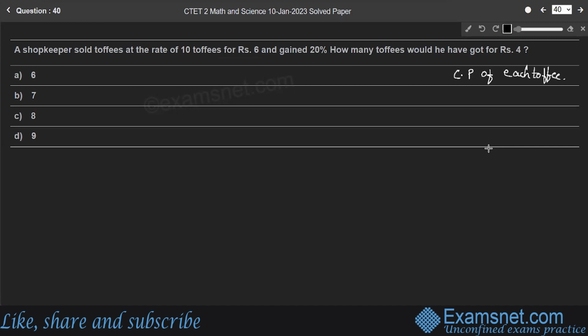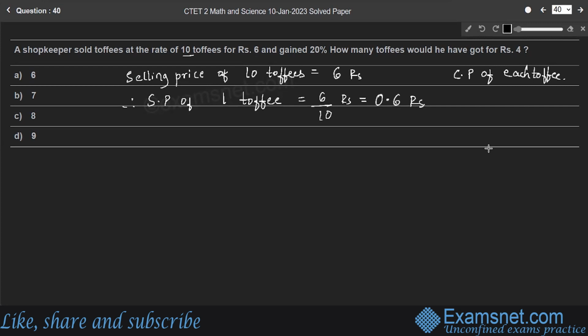Each toffee, right? So for that, let us write the given information, right? Selling price. So we'll write selling price of 10 toffees is 6 rupees, right? Therefore, selling price of one toffee is 6 by 10 rupees, right? Or you can write it as 0.6 rupees. 0.6 rupees is selling price of one toffee. And shopkeeper gains 20% profit, right? Here the profit percentage